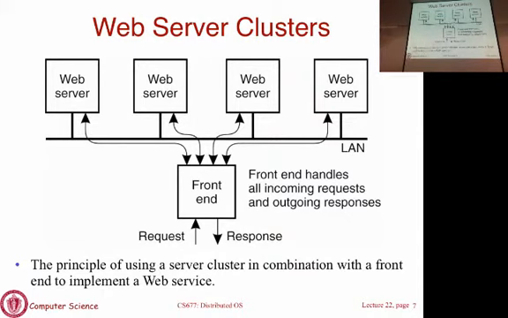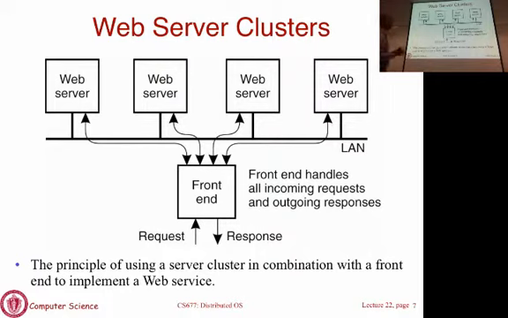Another way to do it is when a new session has started, you basically send your request here, but then that is forwarded to one of those websites and all subsequent requests are directly sent there. In that case, the presence of these replicas becomes visible to the end user. There are both kinds of architectures. This one where you hide it is more common because then you can vary the number of websites. All of that is happening internally. You don't have to tell the client now there are 6 sites or 5 sites. You don't have to deal with that.